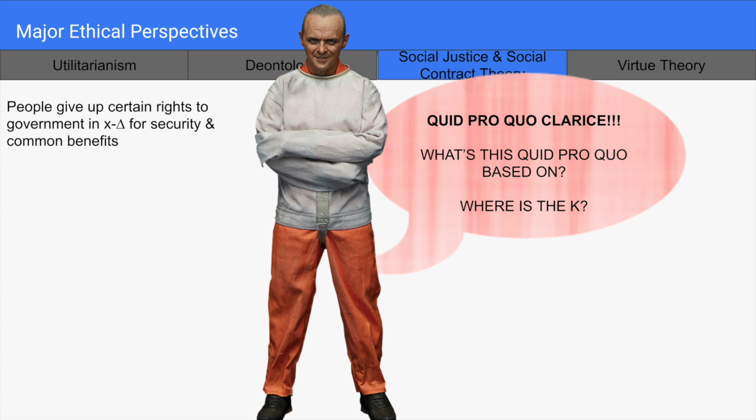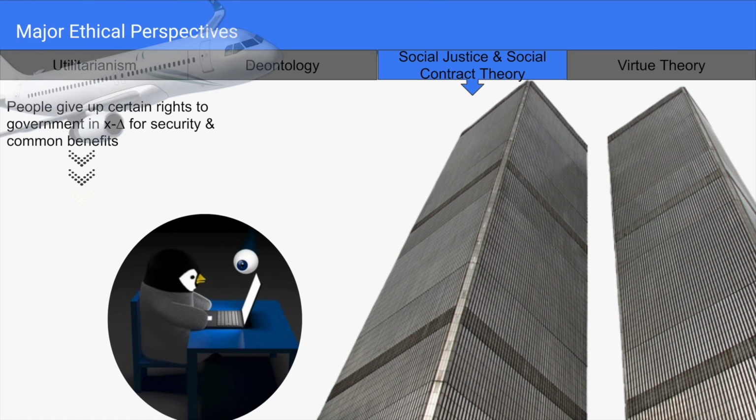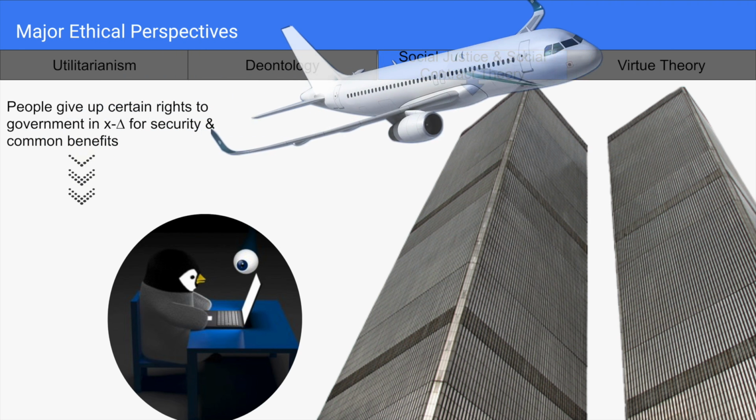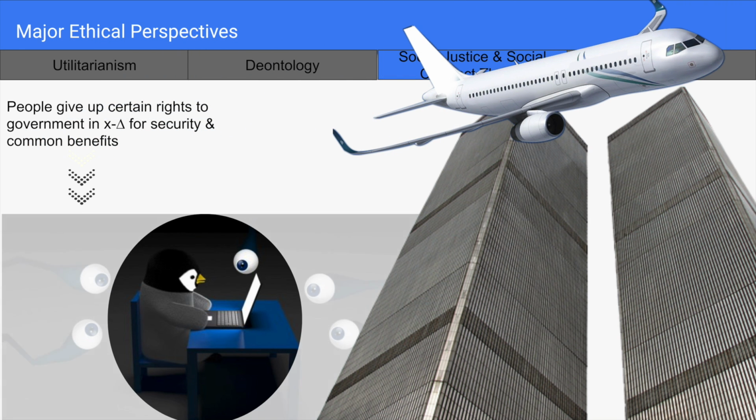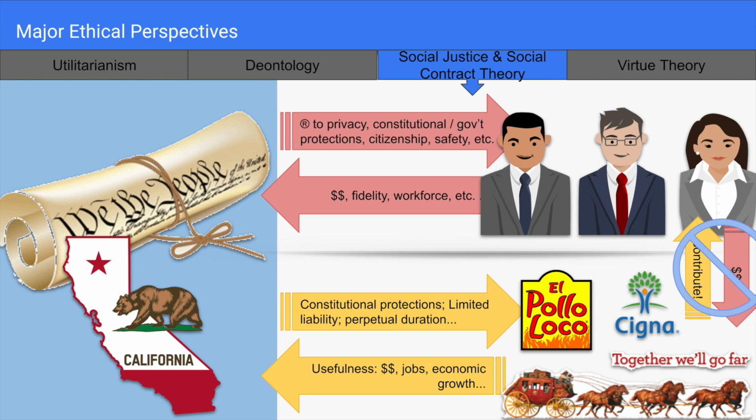So for example, on an individual level, consider 9/11. The United States citizens agreed to abridge some of our fundamental and constitutional rights to privacy in order to fight terrorism when we passed the Patriot Act. Or for another example, on the corporation level, the social contract between the corporation and society would be the corporation receiving the right to operate their business in exchange for a perpetual duration and limited liability when they comply with the organizational requirements of a state.